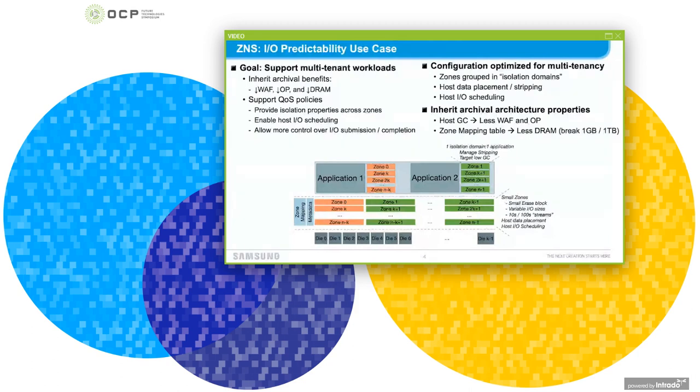which is what in essence we typically refer to as the noisy neighbor problem. Here zones are smaller than in the archival case and are laid over a smaller number of dies on the NAND array. And they form what we are referring to as isolation domains at the moment. The host has visibility over these isolation domains and can make decisions on the bandwidth versus latency trade-off to better